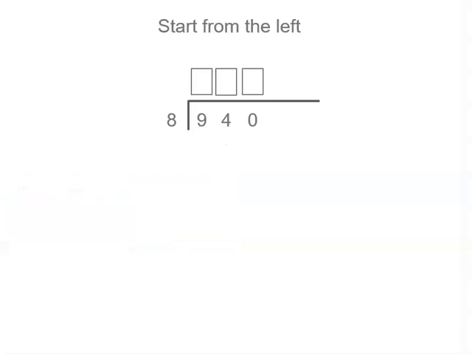Now we've got 9 in the hundreds place when we start from the left, which we always do. So that means if I'm sharing that among 8, I can allocate 1 each. And that means I've allocated 8 and there's 1 left over. So that 1 of the hundreds, we're going to regroup as 10 of the tens. And we've got 4 of the tens already there, so we've now got 14 tens. We can actually allocate 1 each, and that takes care of 8 of the tens, but we've still got 6